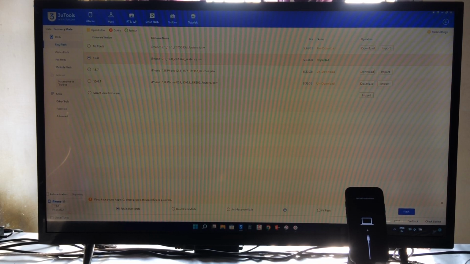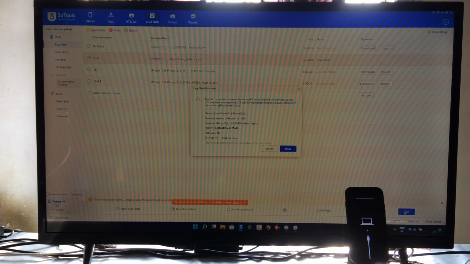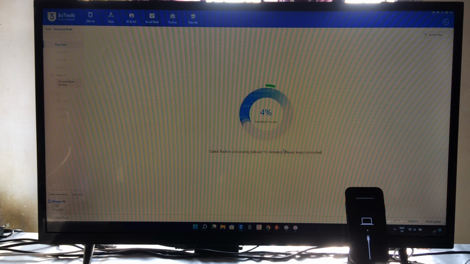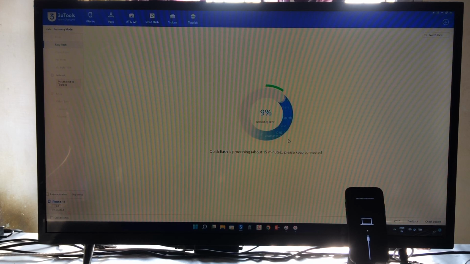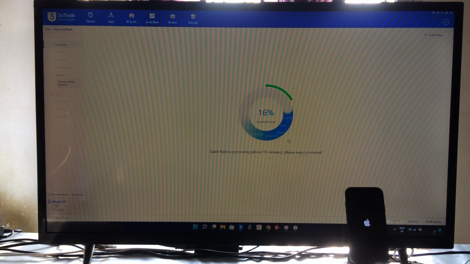Now here we will go with the quick flash mode. Don't go with the retain user data, otherwise you won't be able to unlock, because all the data will be remained here. So that's why we are not going with this. Just we will select quick, so all the data will be erased. And on the console, all data I have already removed, terminated. So just I will go with this quick flash, and of course here we will go with this flash option, so it will start requesting. Now it's already entered, so of course now it will have a quick procedure of this.